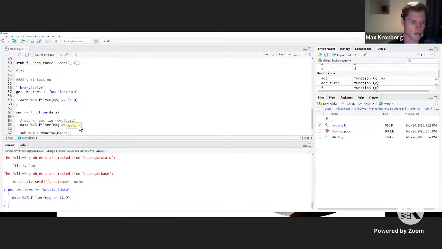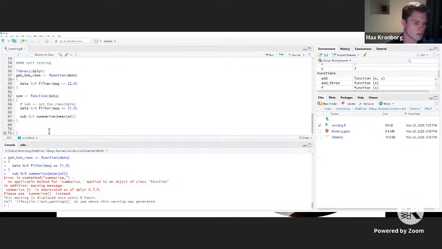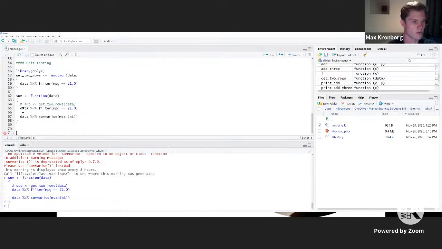So mean of weight, let's say. Sorry, this is obviously supposed to be data. So actually we'd have to do it this way.